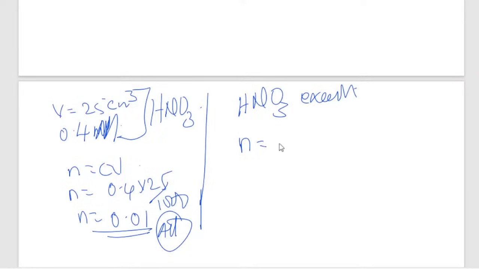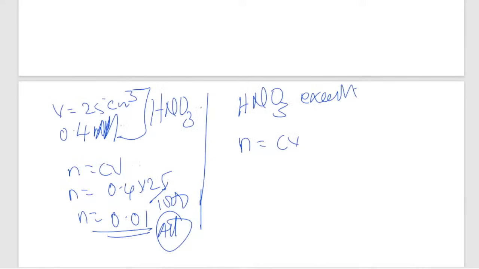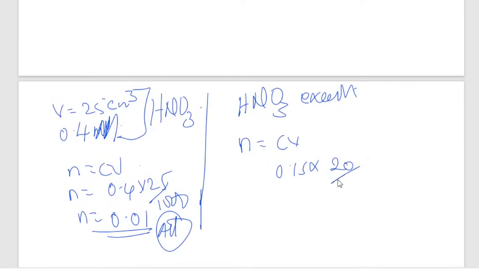Number of moles is equal to CV, whereby number of moles is gonna be 0.15 times 20 divided by 1,000, remember it's supposed to be in decimeter cubed. Number of moles, this is the excess, the one which reacted with barium hydroxide, and this is the whole nitric acid. Yes, so the answer is going to be 0.003